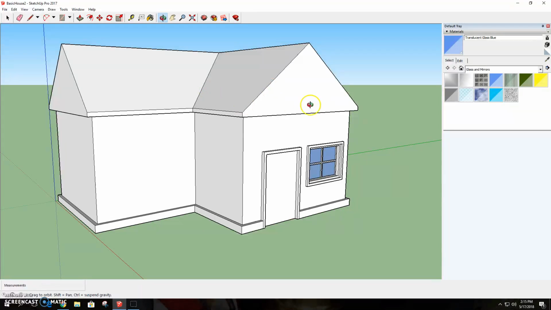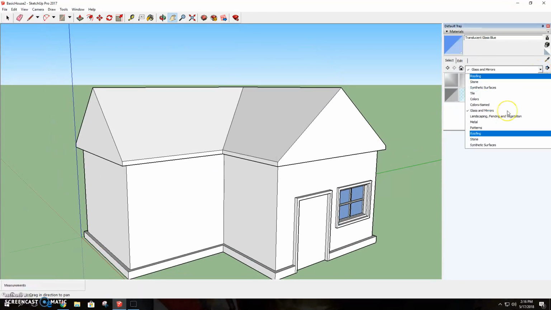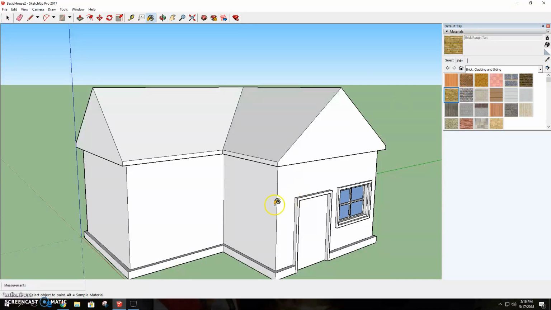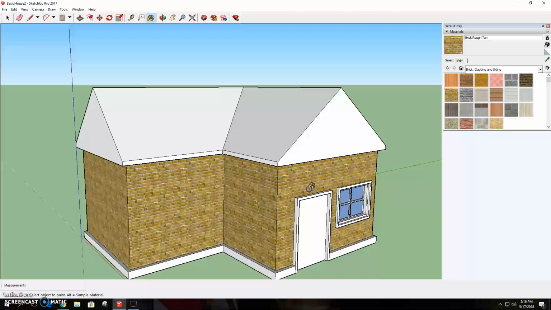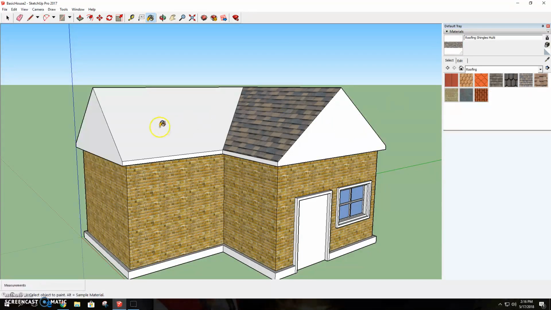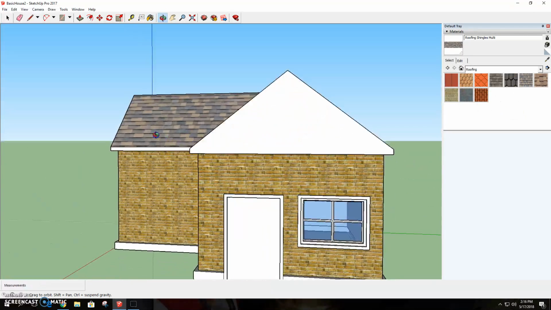So, okay, from here, some other things that you can do, kind of like our doghouse, is throw some brick on your house, something like that. You can also throw some roofing, and you can choose really whatever you want to do. So the last thing that we're going to do